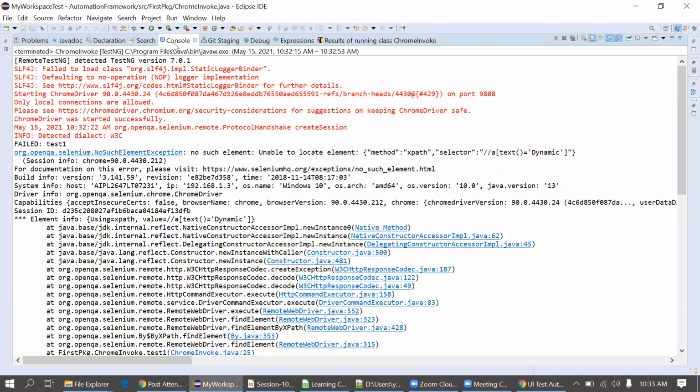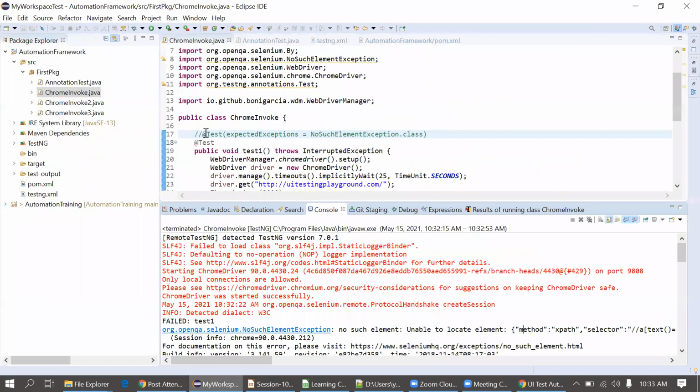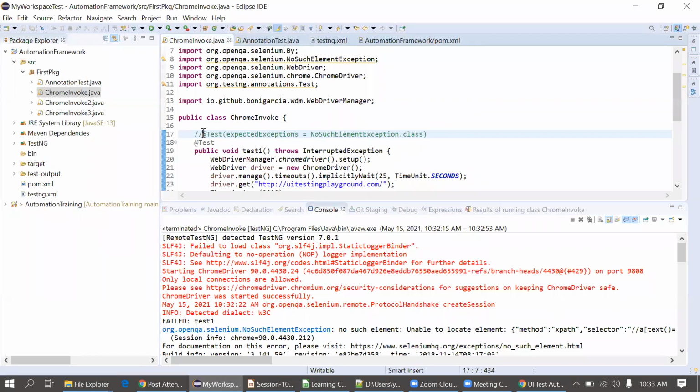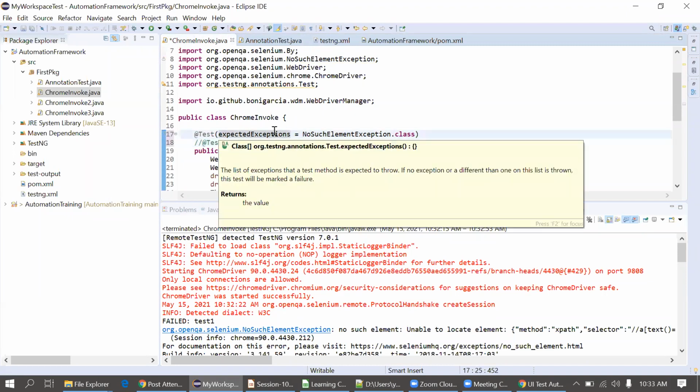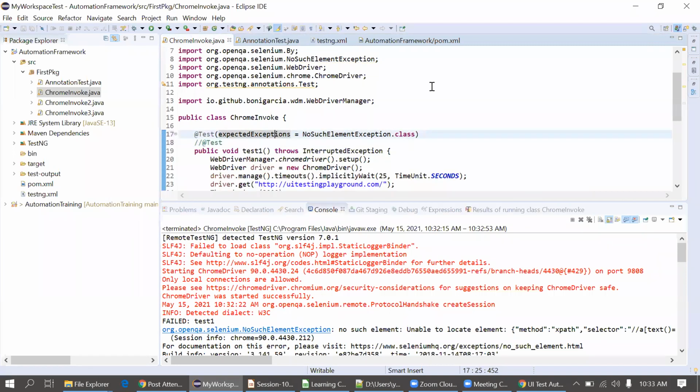Now I will implement that exception part. I will uncomment this and comment this part. Now my expectation is the test case should not fail, even if we are getting the exception.